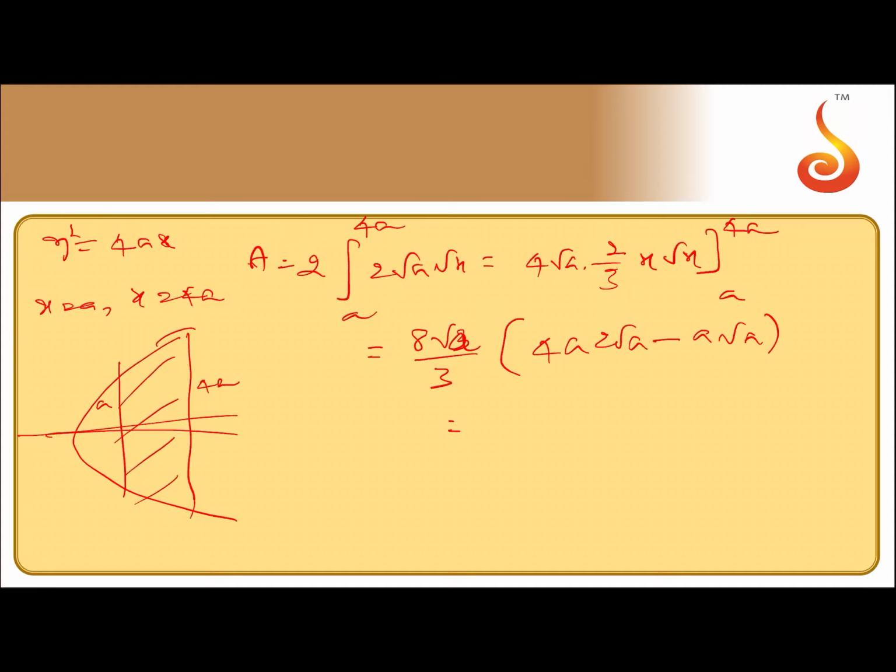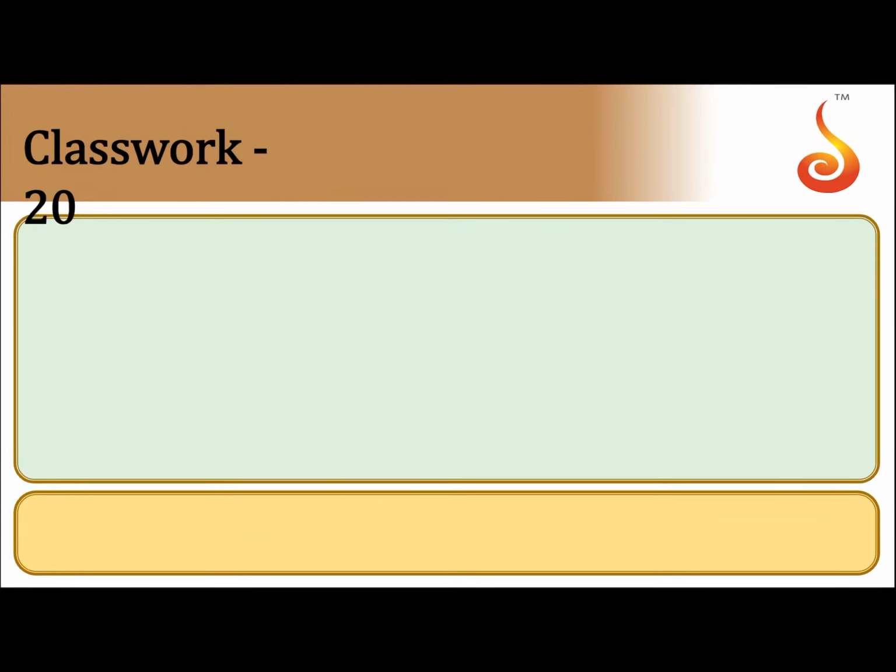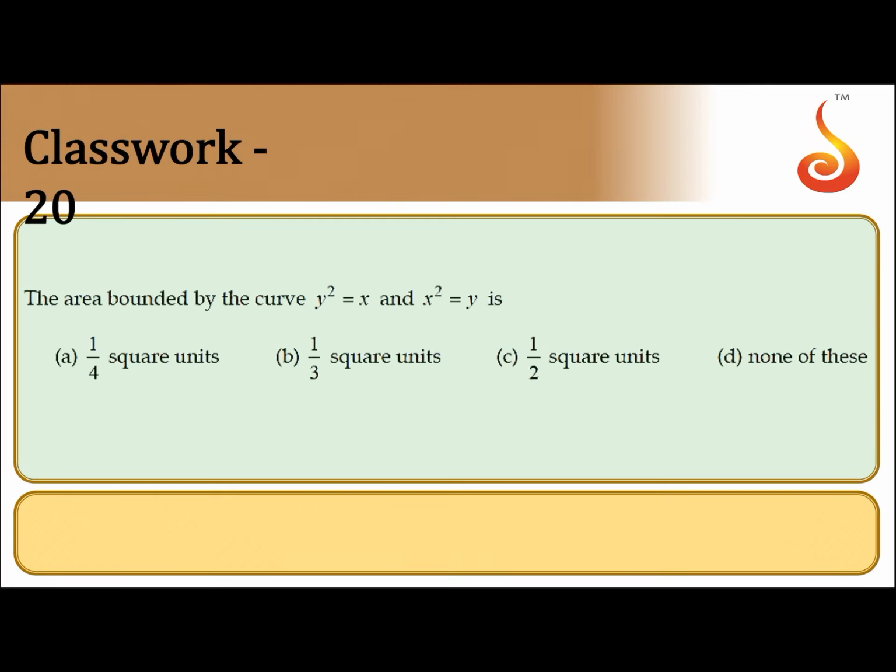7 8s are 56. Yeah, 56. Okay, this is 7. 8 root a by 3 multiplied by 7 times a root a. That is equal to 56a square by 3. So let me check, yes, correct. 56a square by 3. Coming to the next one, area bounded by the curves y square is equal to x